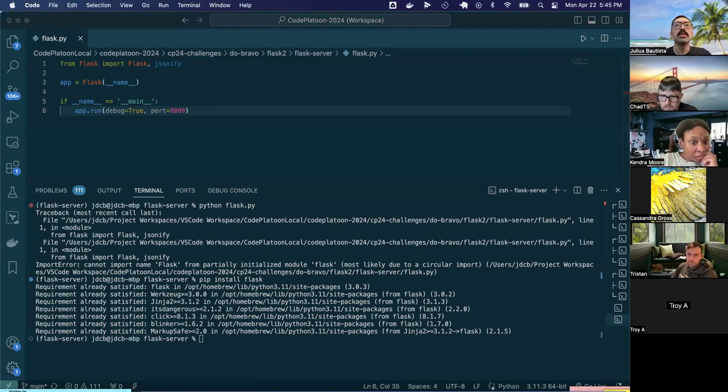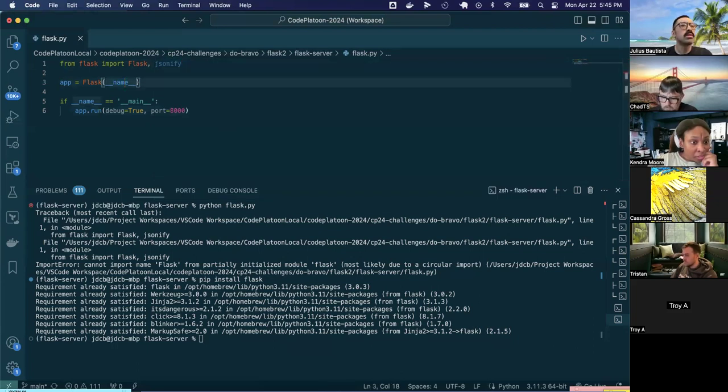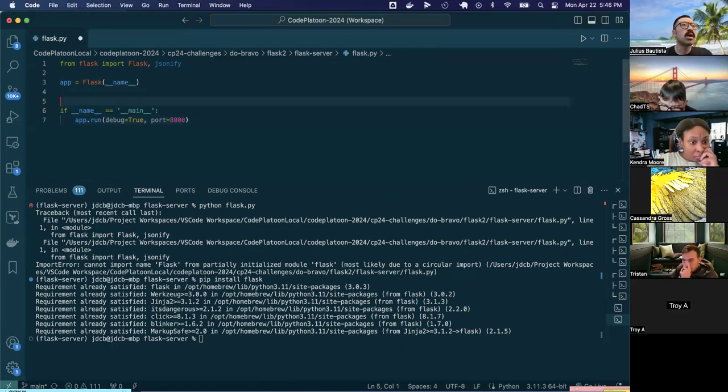Let me double check the file that I made yesterday when I ran through this. Looks the same to me. Unless anyone sees anything I'm missing, I don't see anything wrong with this. Let's try going ahead and